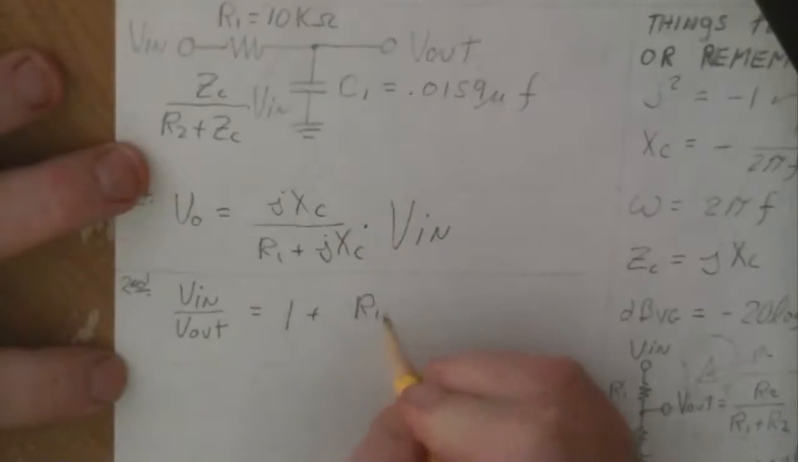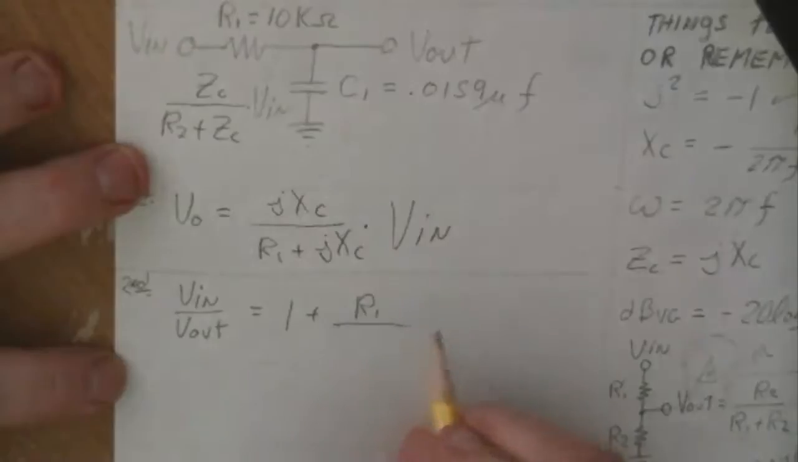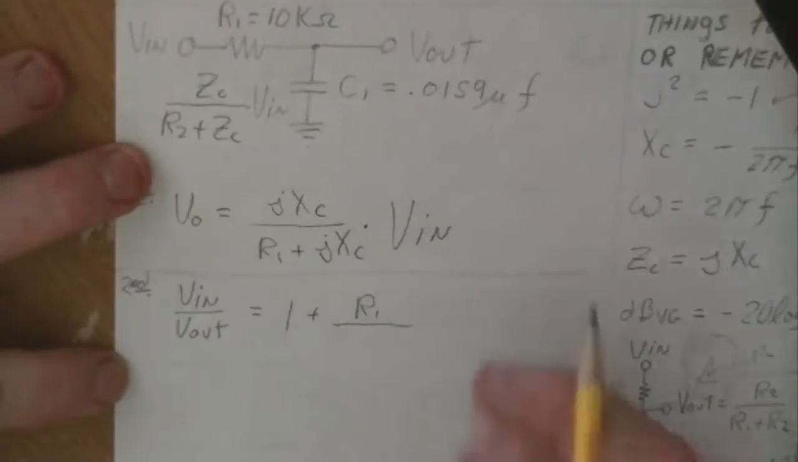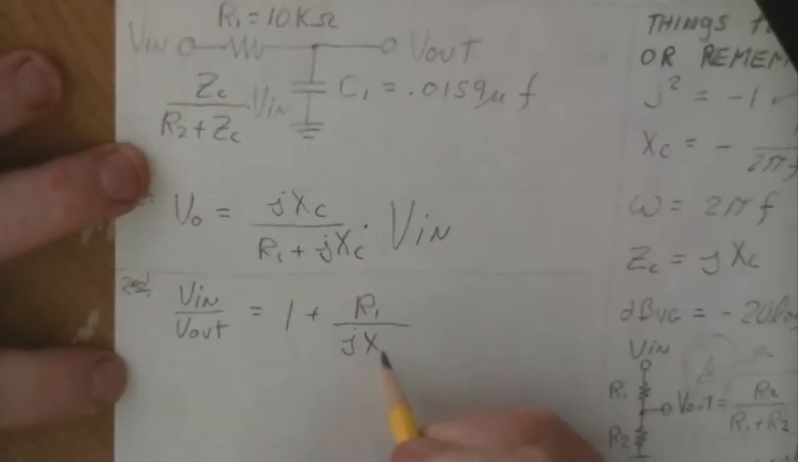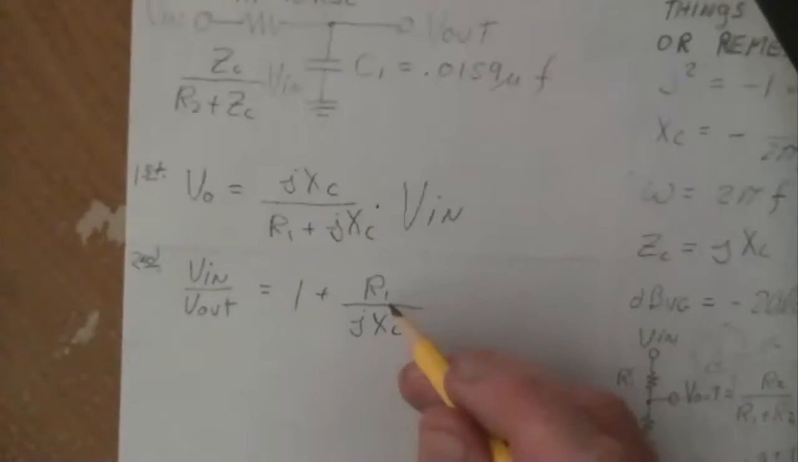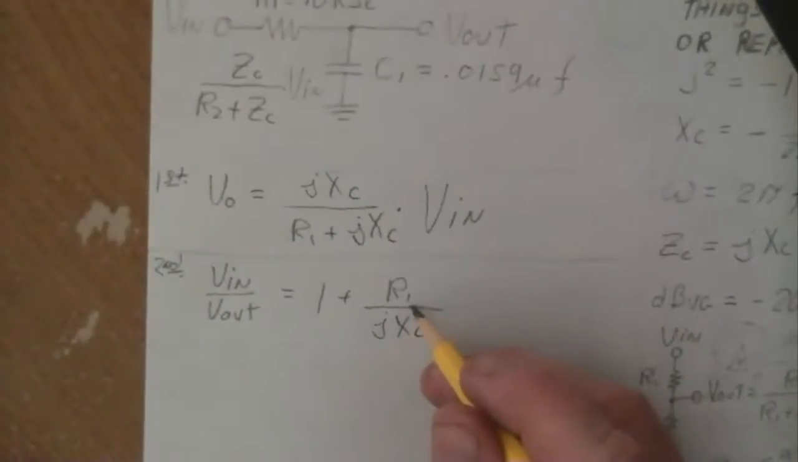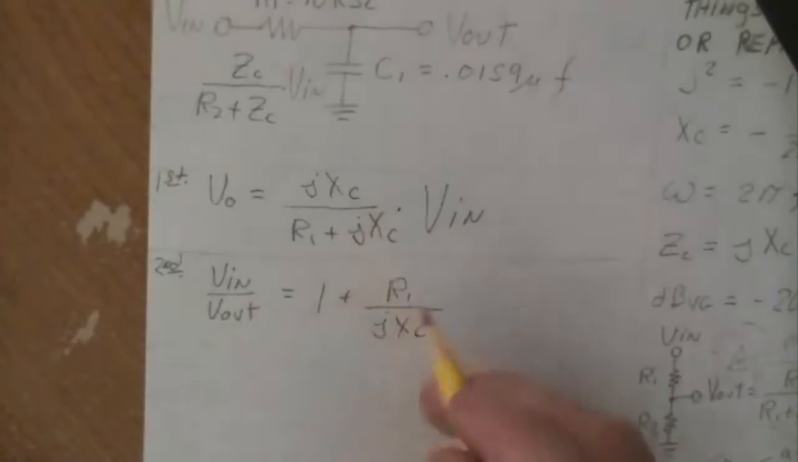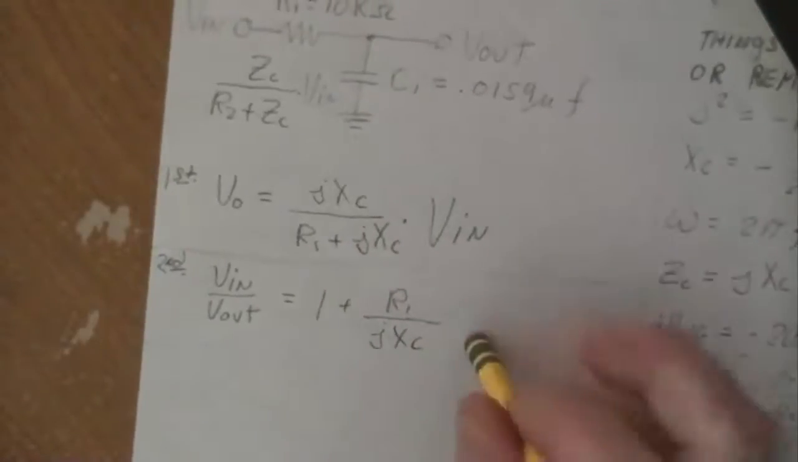plus our R1 resistor divided by j X of C. So this is what you get when you straighten out this equation. Now there's one thing wrong with this,